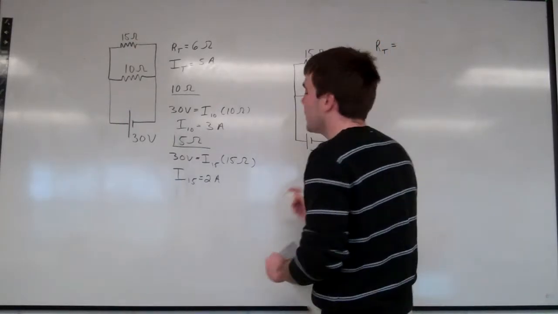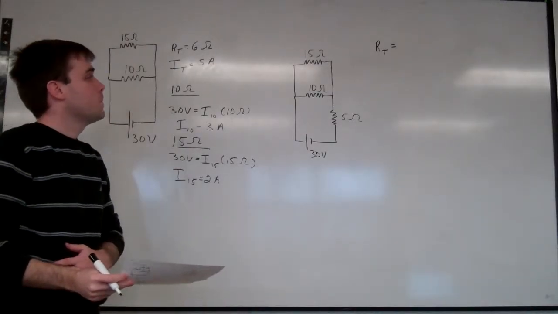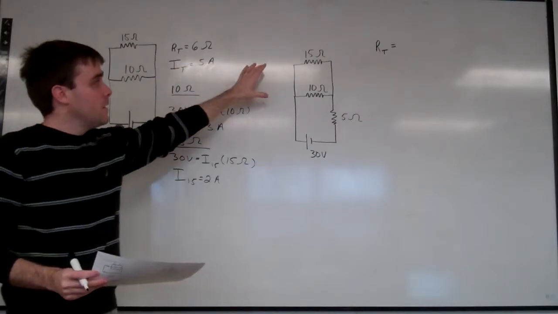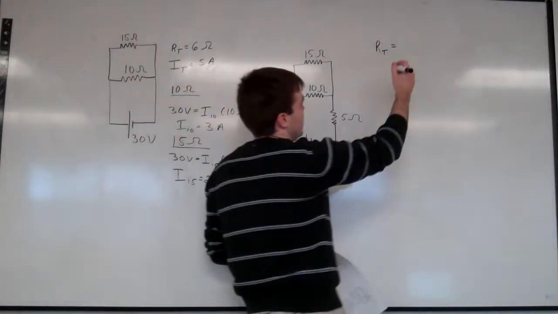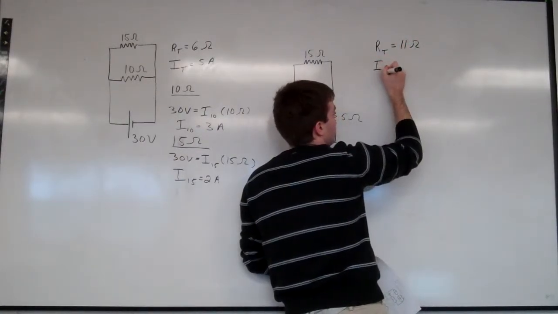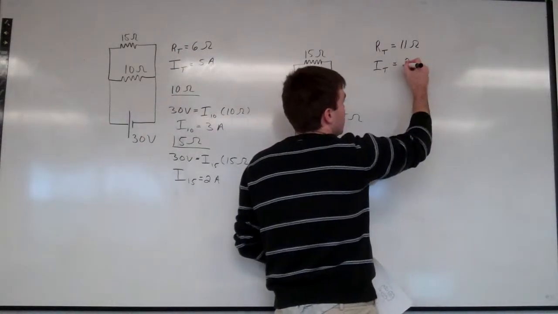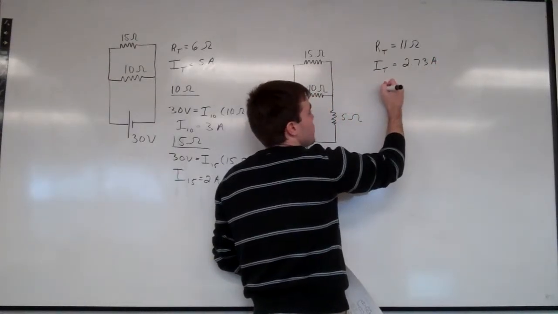Okay, how do we find the total current in this one? The RT is going to be the same from 15 and 10, which is going to be 6 from before. Add 5, so what is it? 11 ohms. What's the total current? 2.73 amps. So now we're going to find